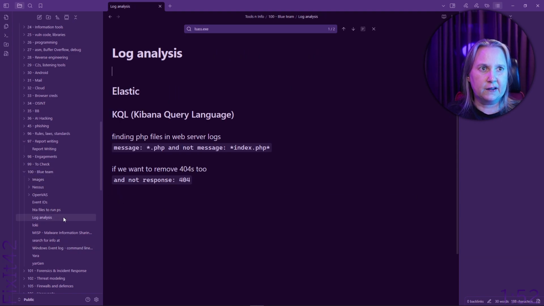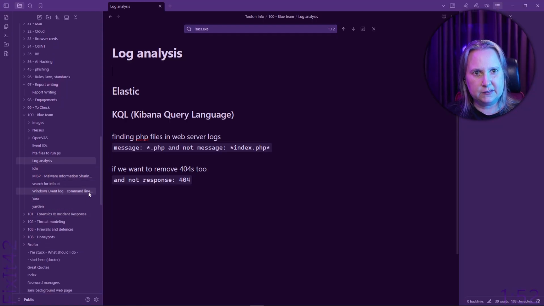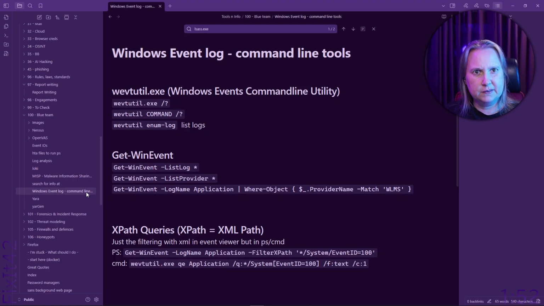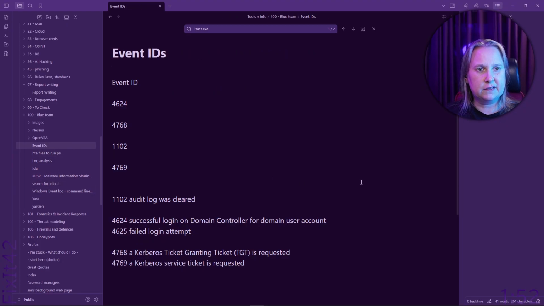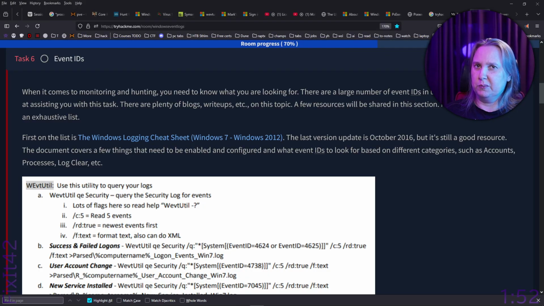I already have log analysis here. And we just made this one. And here we have event IDs. So I already have, no more saying right. There are plenty of logs, write-ups,